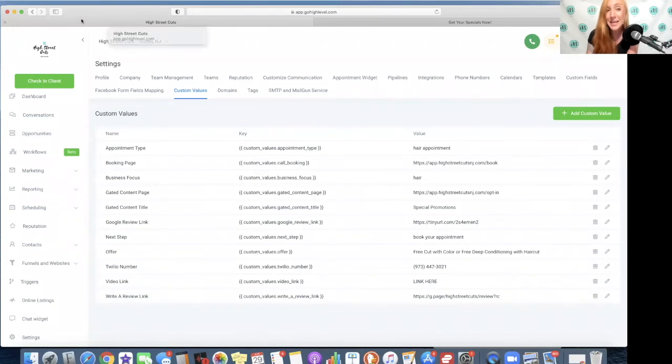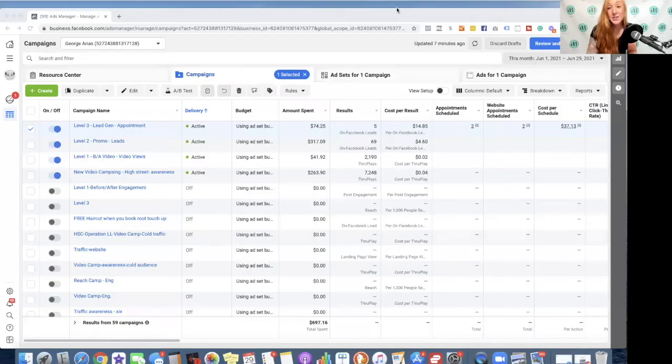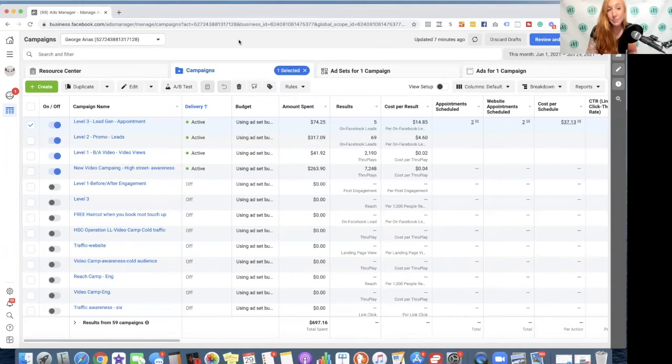So now let's take a look at the actual ads and what might be included or possible with those ads. So these are the types of campaigns that you will be able to set up through this package. Every single snapshot package is going to come with 3 different types of campaigns, the structure for those campaigns, for initial testing, which is always something you're going to want to do, as well as the copy and the creative. We have a level 1 campaign, a level 2 campaign, and a level 3 campaign based on my AB3 ad